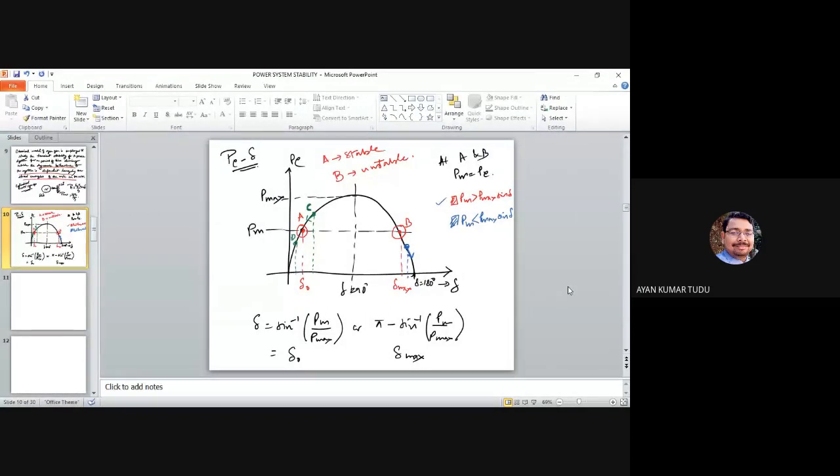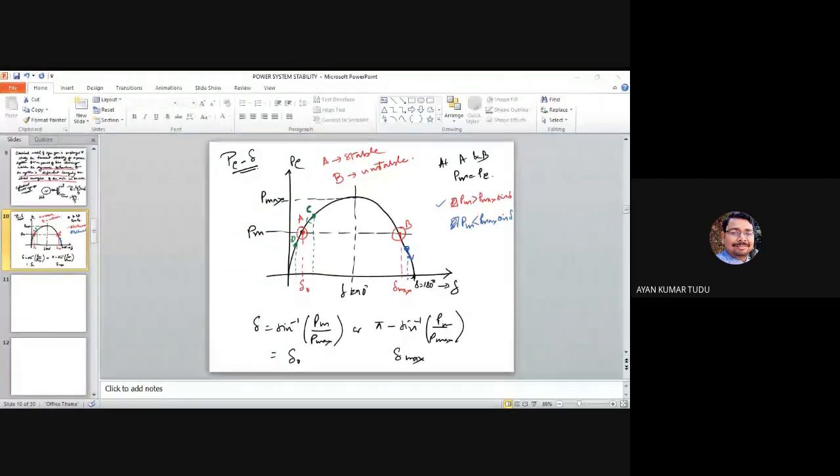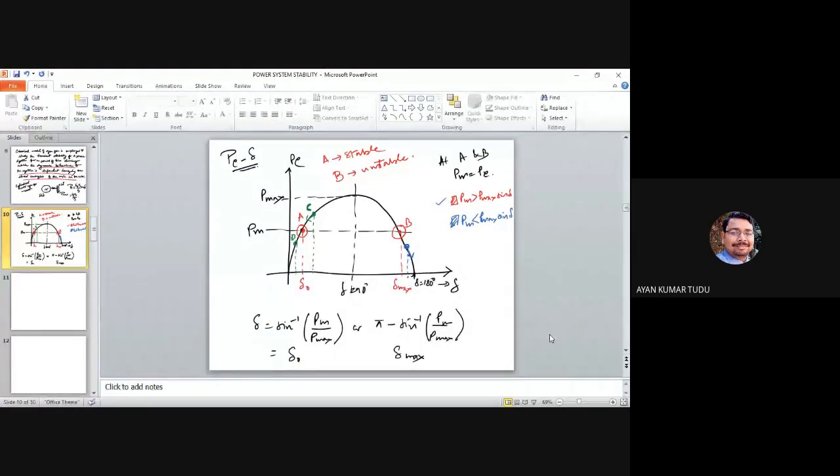So I think we have completed up to this part. We are talking about transient stability in our last class. I think we have been able to differentiate between steady state stability and transient stability. Now, as you have seen in this figure, the point A is called a stable equilibrium point, and the point B is called an unstable equilibrium point, which has been discussed in the previous class. Please go through any book, you will find all those things written again. Whatever I have said is again written there. Moreover, we will be going through this particular figure again.